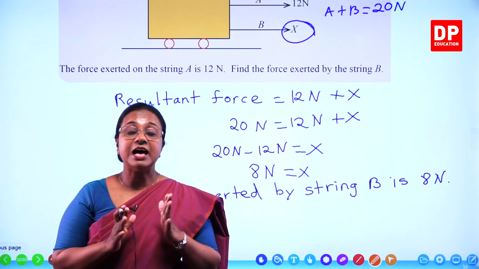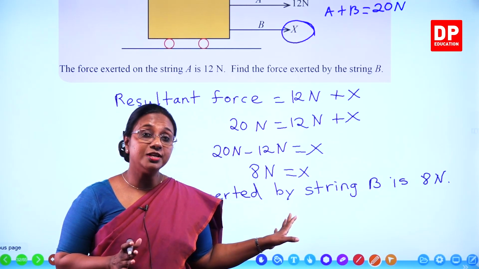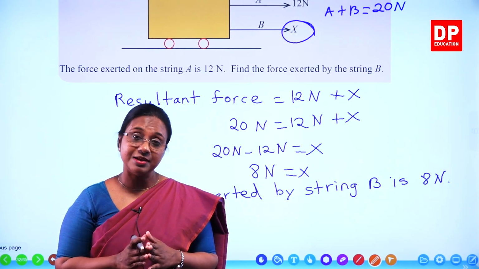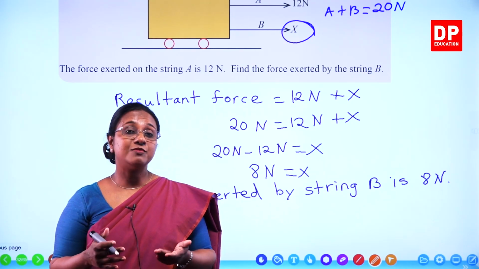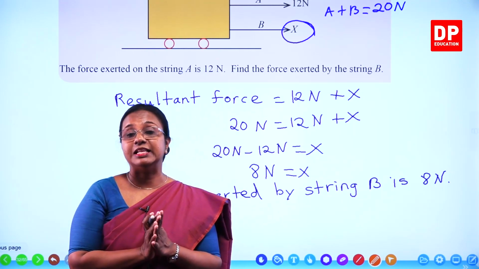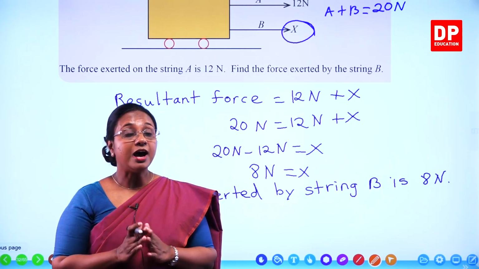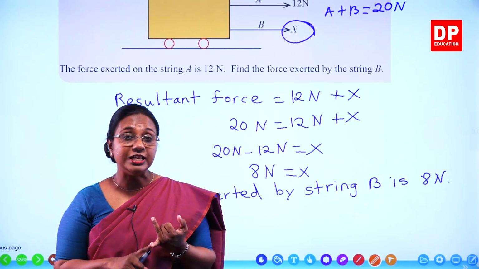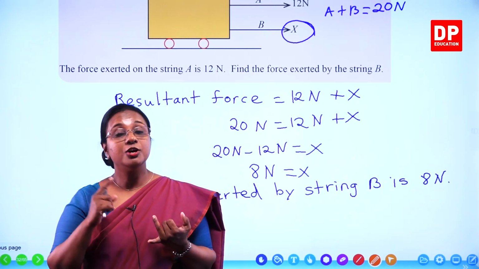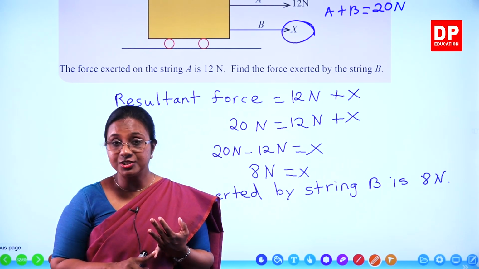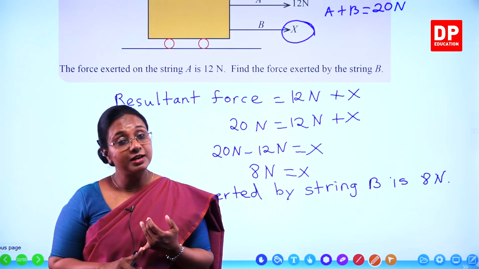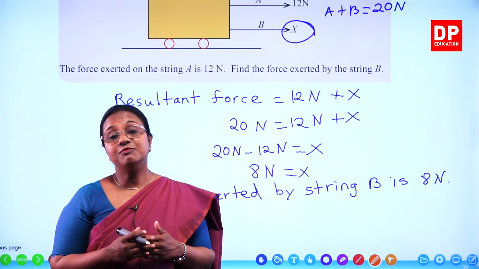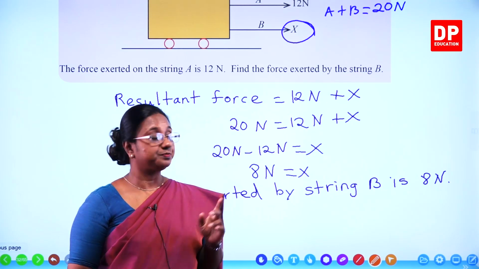So with that, students, I have completed the discussion on the resultant of two parallel forces acting in the same direction. So normally when we say parallel forces, it is understood that they have to be in the same direction. So there we have calculated the resultant as well. So far I have discussed collinear forces acting in the same direction, collinear forces acting in the opposite direction, and then two parallel forces. So I will move on to the next topic, that is the inclined forces acting on an object.